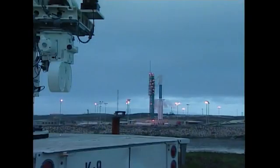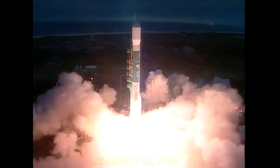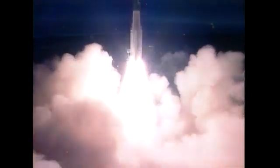4, 3, 2, 1. And we have ignition and liftoff of NASA's ICESat and CloudSat spacecraft looking at stars and